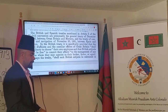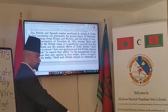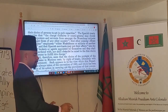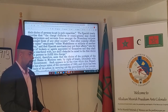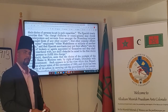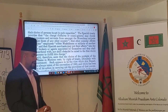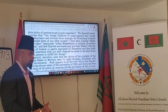affairs to the management of any person whom they may appoint as their broker, factor, or agent, nor, says the treaty, shall such British subjects be restrained in their choice of persons to act in such capacities. The Spanish treaty provides that the charge d'affaires or consul general may choose his interpreters in service from amongst the Muslim men subjects. The Muslim men subject. Who's the Muslim men subject? Moors. Of amongst those of any other country,